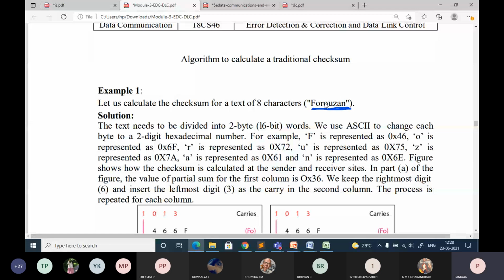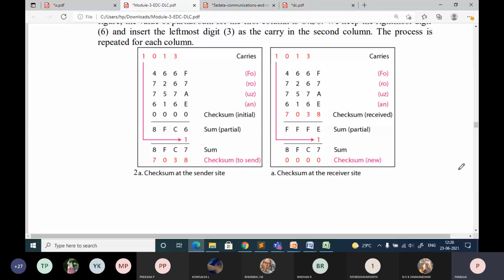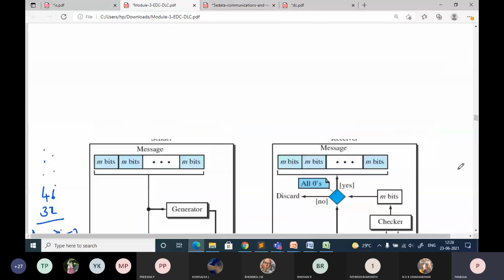So here, whatever the text it is, it is a hexadecimal number. Each character takes 8 bits. Now you are going to represent this complete message into 16 bits, a 16-bit word. That is the first step. I will just be explaining the procedure. Remaining all is the same as the previous method, if you understood the decimal one.